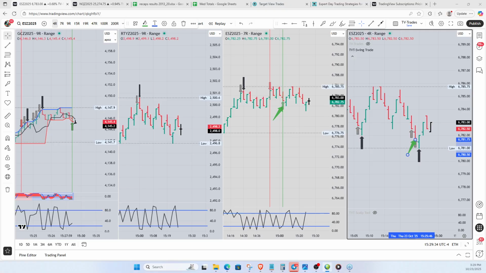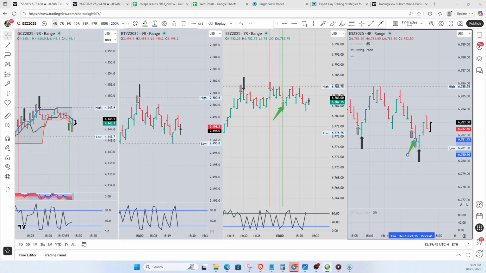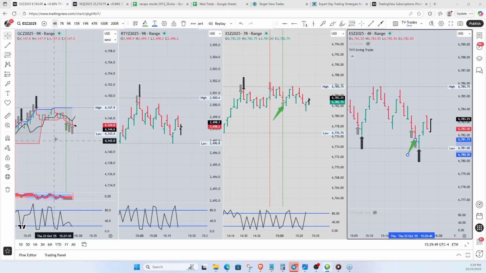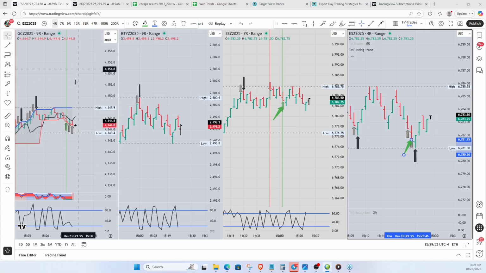I don't think it's gone 5 ticks into profit yet. 5.1 up to 5.6. It has gone 5 ticks into profit. So if I had put that on, my stop would have already gone to break even, and it just would have taken me out at break even. It's got a swing trade about to trigger here now, though. If you get an up close on this bar right now, it's going to be a swing trade long.